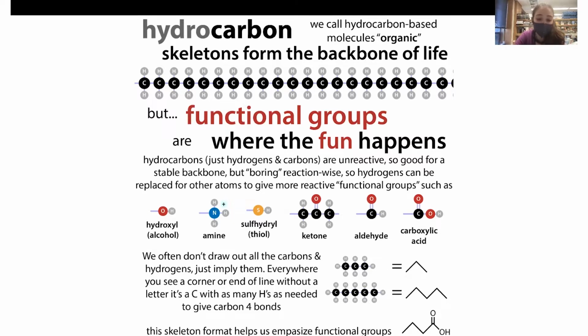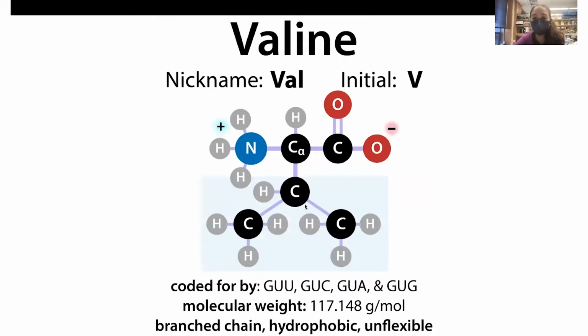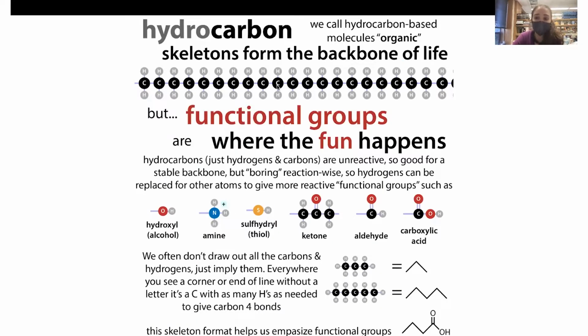But when you have something like valine, we see that it just has a hydrocarbon chain, just carbons and hydrogens. Carbons and hydrogens are kind of blah in terms of functionality, but they do add bulk and structure, and have consequences. Because it's so blah, water doesn't really want to hang out with it, since it doesn't offer anything for water. So it has this hydrophobic property,